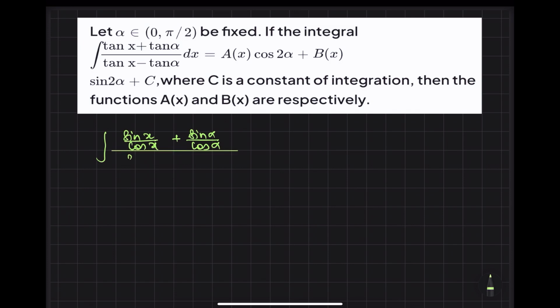Similarly, sine x by cos x minus sine alpha by cos alpha. Now take the LCM. If you observe, the denominator will get neutralized. So after taking the LCM, we will have